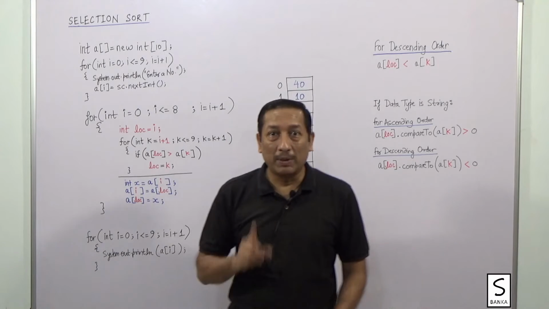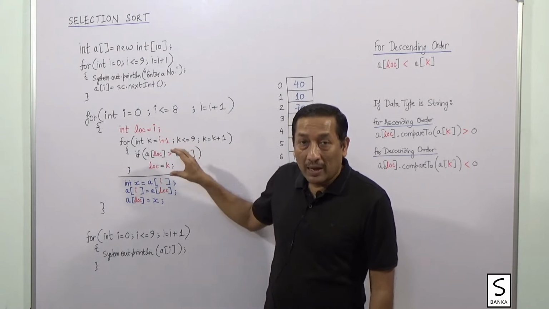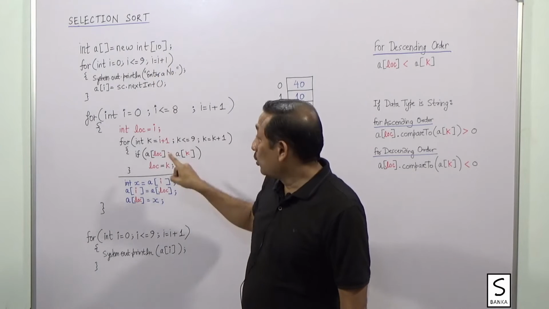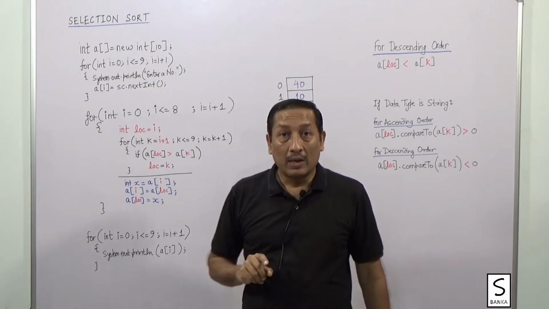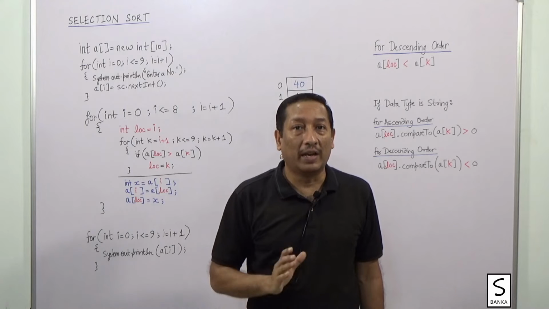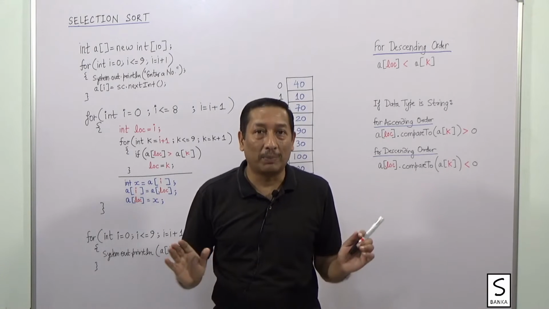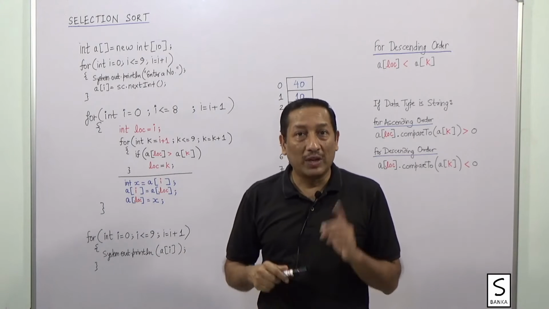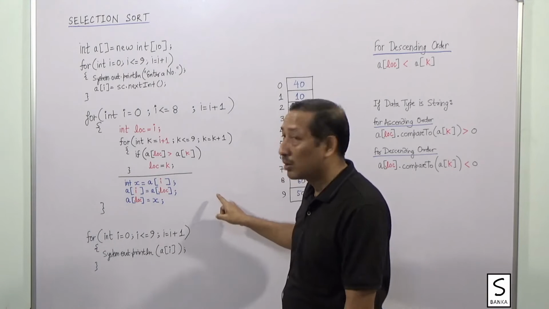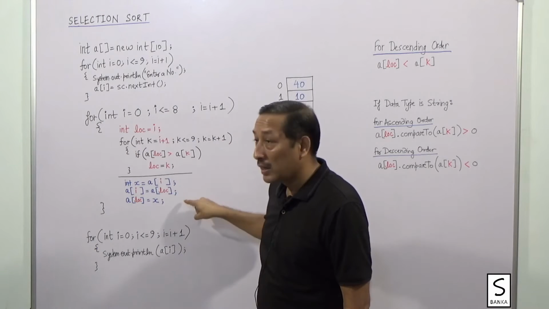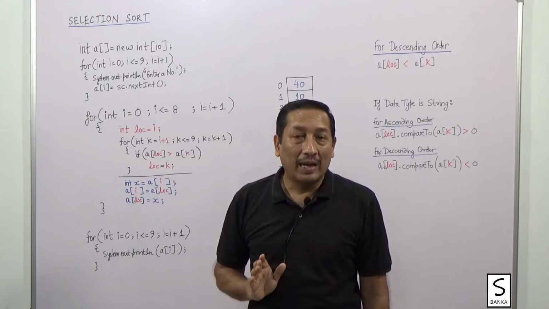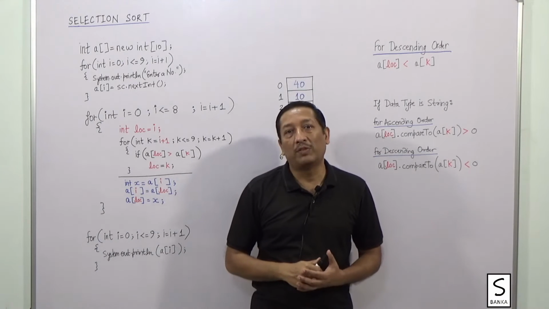In bubble sort, because the swapping was in the inner loop, and you will recall that in case the data was 10, the loop used to run from 0 to 8 and 0 to 8, the number of swappings would work out to be 81 in the worst case scenario. Worst case means every time there is swapping and every round you have the swapping. Whereas in selection sort, since the swapping is in the outer loop and the outer loop is running only 9 times, the number of swappings is only 9 in the worst case. And we can clearly judge from here that selection sort will be faster than bubble sort.